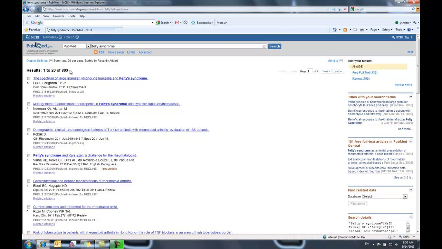In most databases, when you do a basic search, a keyword search, what's happening is that there's an algorithm that's